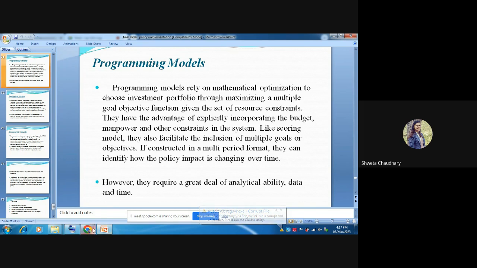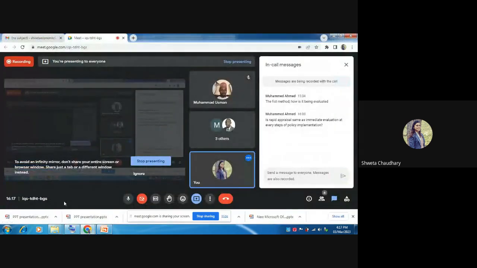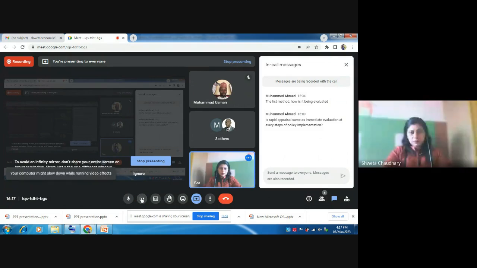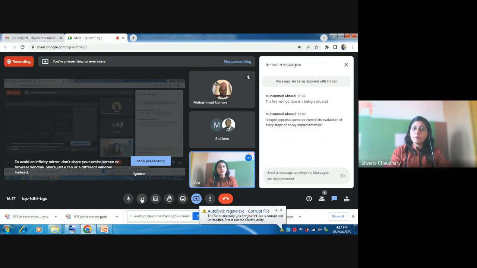Can anybody tell what is the difference between linear programming and budgeting? Do you know these concepts, linear programming and budgeting? Anyone? No. See, budgeting is if you get some money and you have to use all that money in satisfying your wants. That is budgeting in simple words. Somebody has given you money, you are utilizing that money to satisfy your wants. That's it. But LP, linear programming, is you are optimally utilizing that money.